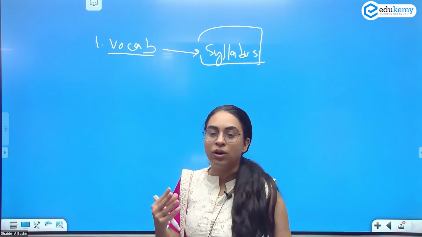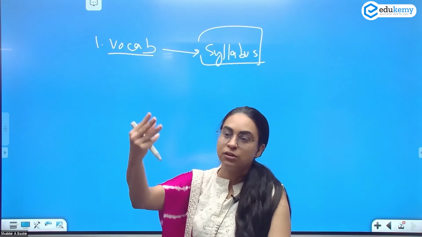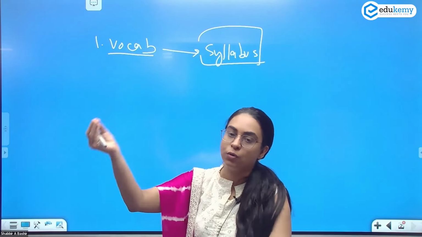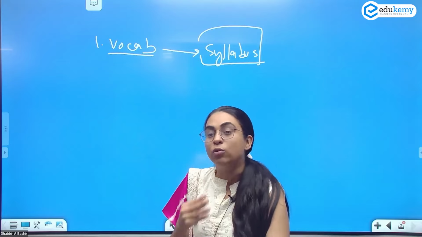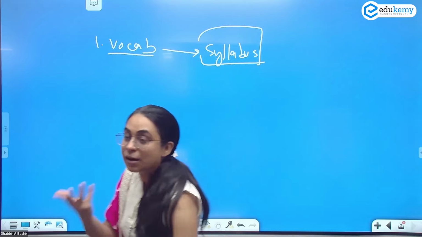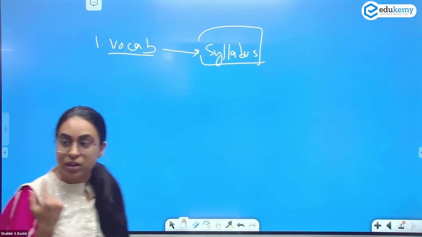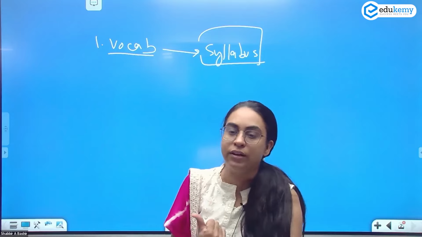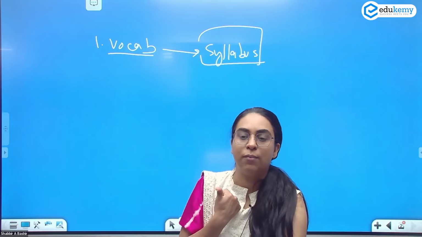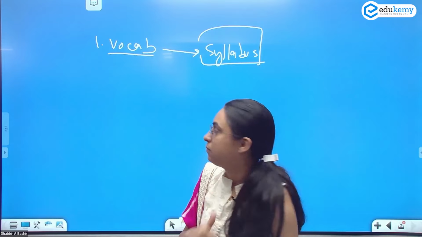When you use the word storm surge, you will generally use it in your geography or in your environment. Carrying capacity, ecology में use करोगे, economy में use करोगे, sustainable development में use करोगे. हर subject की, हर paper की अपनी vocabulary है. And to learn the vocabulary for ethics, it is your syllabus.